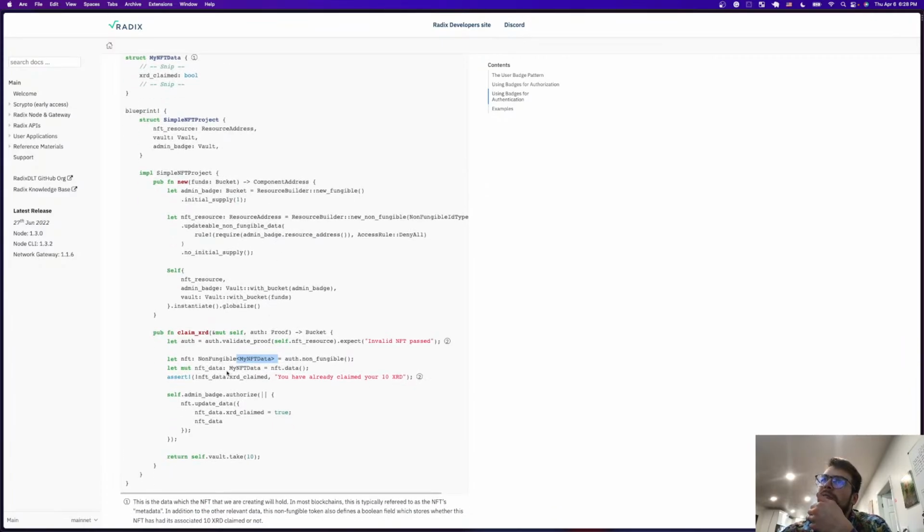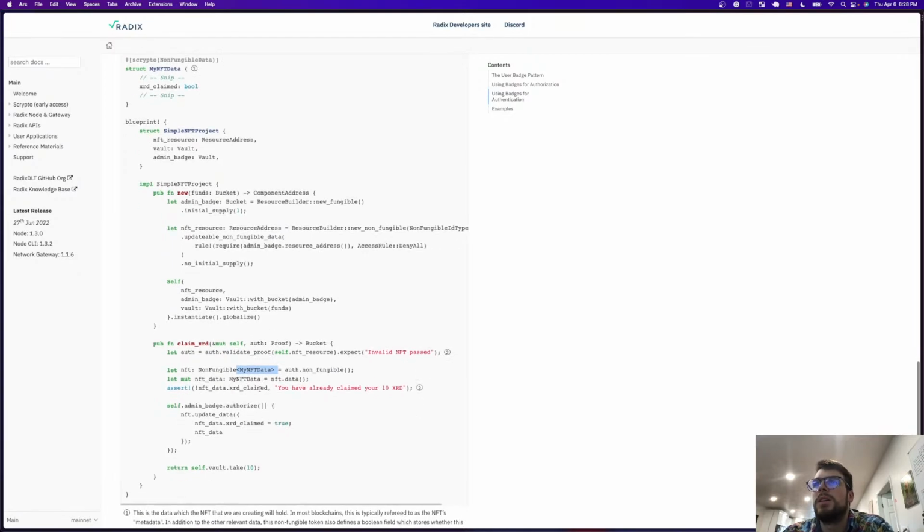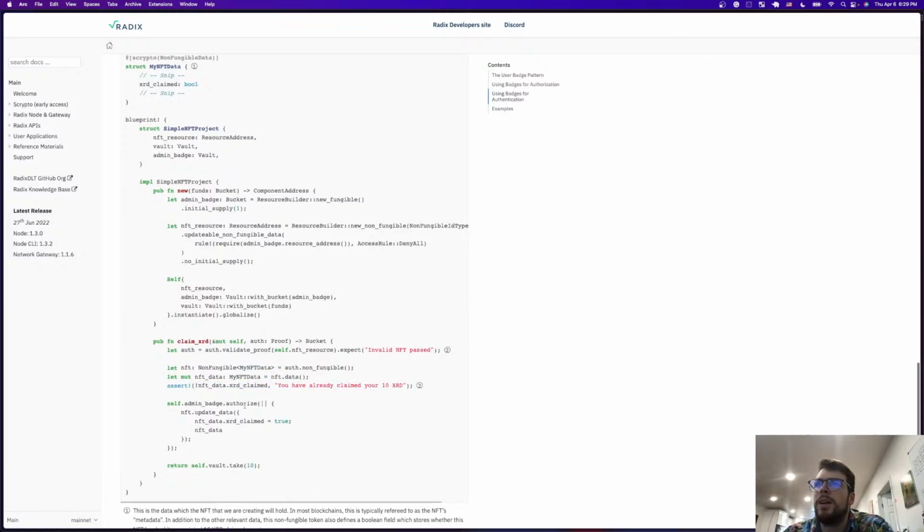And we let the mutable NFT data, my NFT data is equal to NFT.data. Okay, that's straightforward. I like it. If NFT data.xrd claimed is true, so I assert that they haven't claimed, and if they have, we already say you've claimed your 10 XRD. Then we do